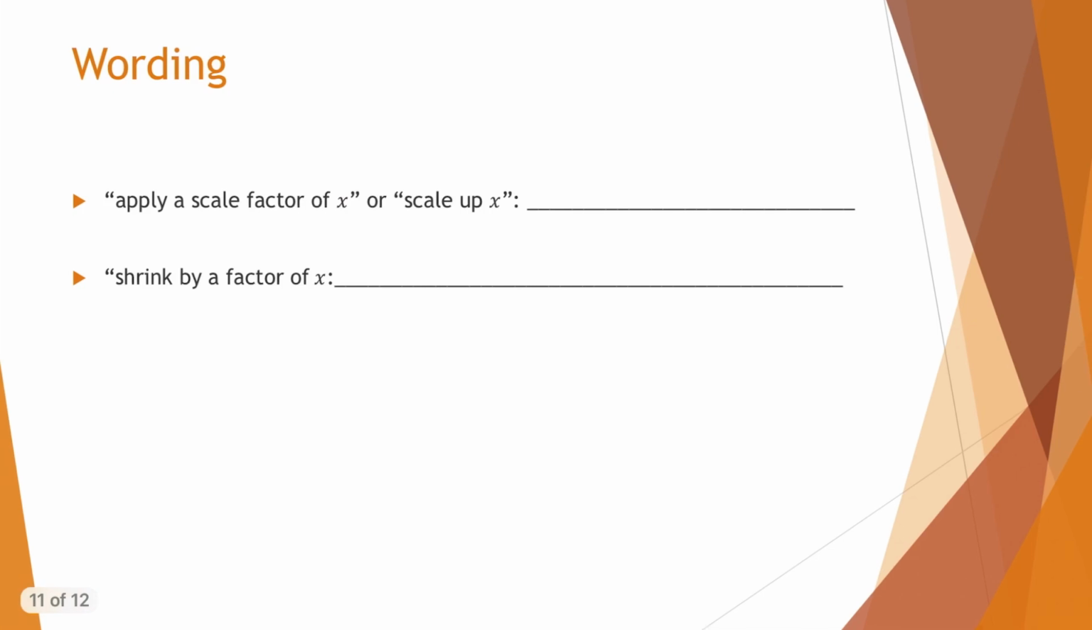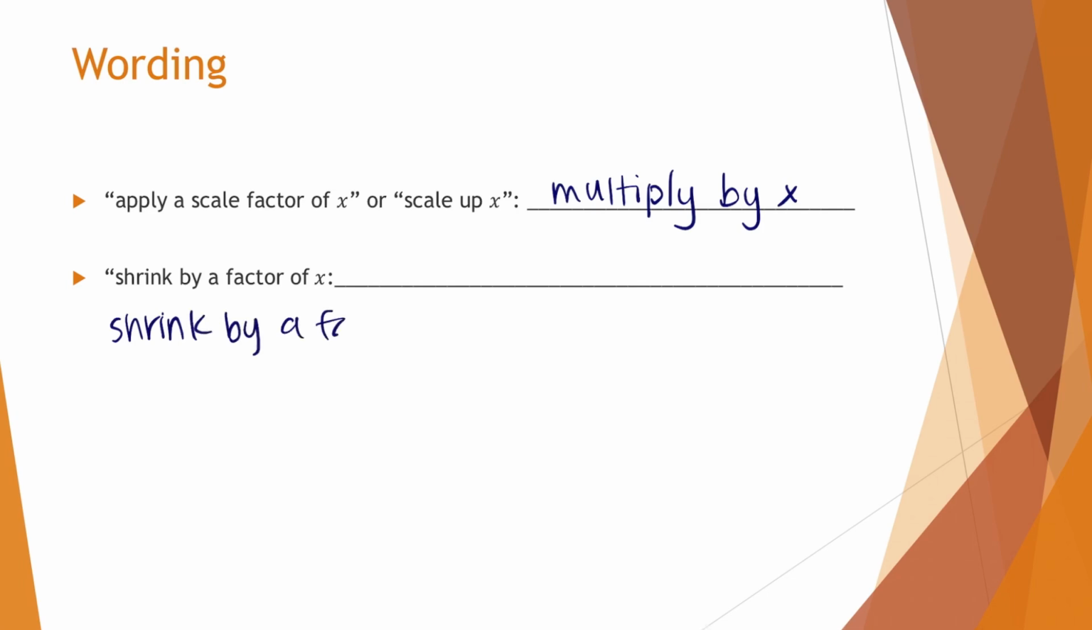So some things about wording: you'll see a couple of different ways that you'll be applying scale. If you see apply a scale factor of x, where x is a number, or you scale up x, you multiply just by whatever x is. So if we had a scale factor of 1/4, you would multiply by 1/4. However, if it says shrink by a factor of x, so for example, shrink by a factor of 2, this really means to multiply